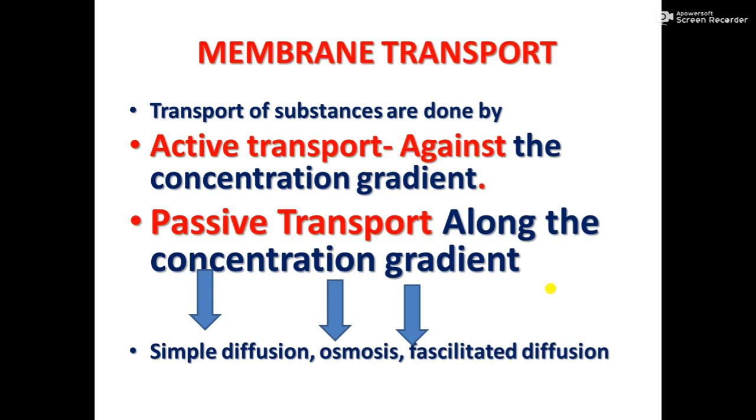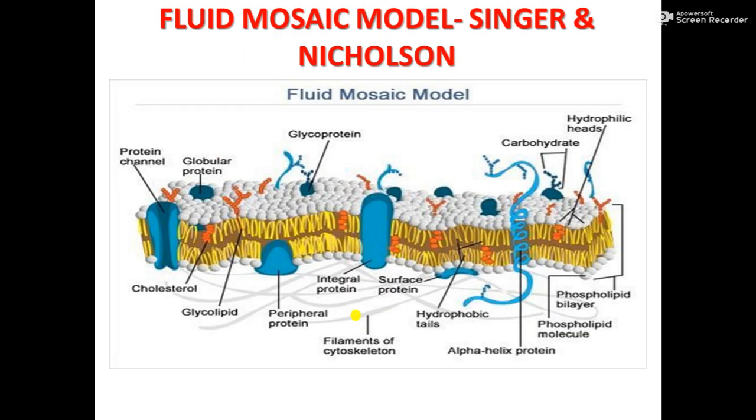Okay, so these are the different ways of membrane transport, and the structure of the cell membrane we have learnt in detail. The cell membrane is semi-permeable, and this is the fluid mosaic model of it, explained by Singer and Nicholson. This structure helps the movement of molecules into the cell or out of the cell through these proteins, or lipid soluble molecules can pass through easily. Water soluble molecules pass through these protein channels. So these integral proteins act as the channels of transport.